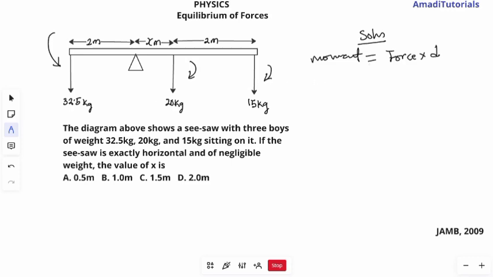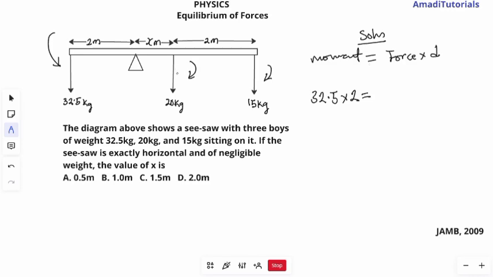Remember that we are told that the weight of the seesaw is negligible, because if we were not told, we would have also indicated the position that represents the weight of the seesaw, which will be at the middle, and put it in consideration. But since we've been told that it's negligible, no need of stressing. So we take moment there, that will be 32.5 times the perpendicular distance from the fulcrum, which is 2 meters. There's no other force acting anti-clockwise, so we say equals to,